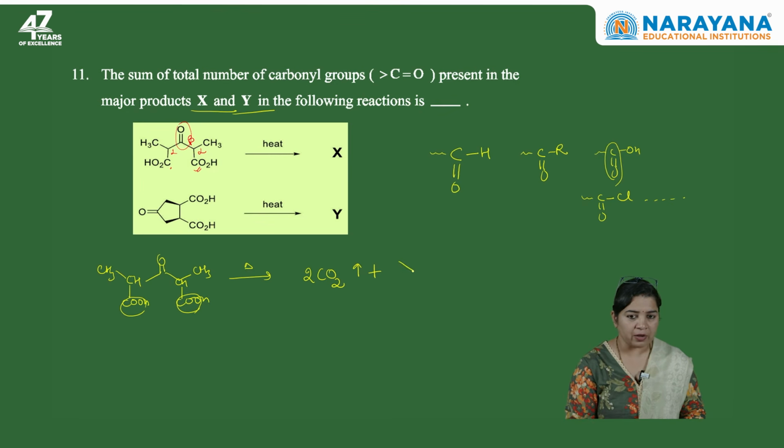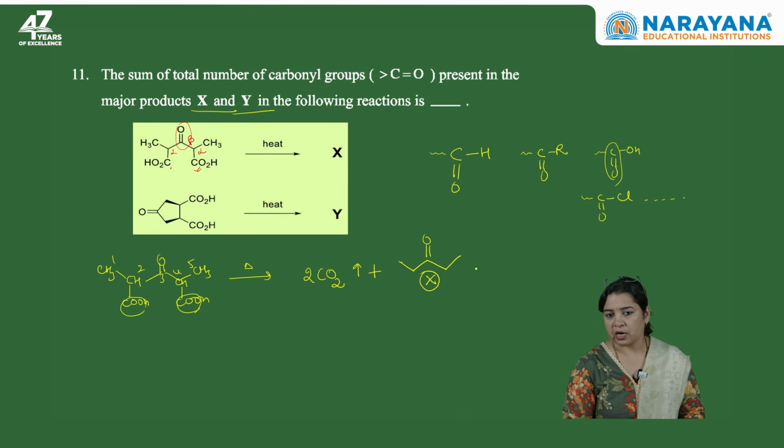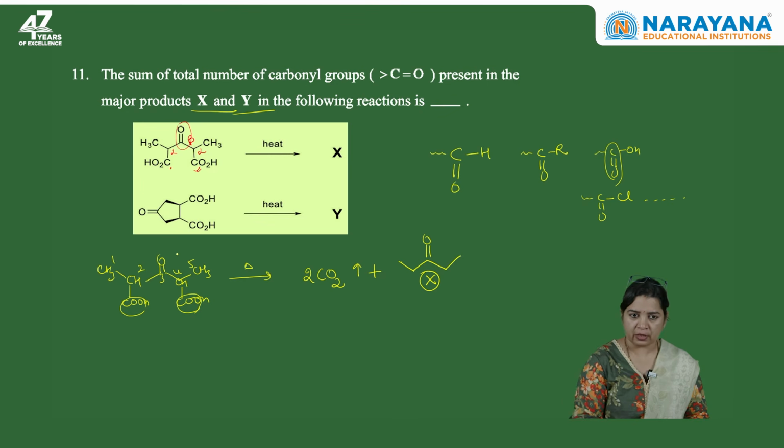And what we are left with, let us check 1, 2, 3, 4, 5. So 1, 2, 3 will have carbonyl, 4 and 5. This is our structure for X. How many carbonyl groups are there in this X? 1. Let's go to second question, second reaction, which gives us a